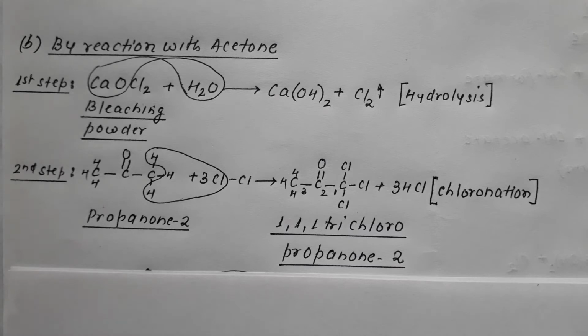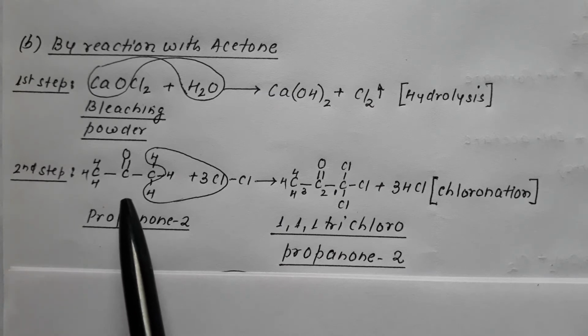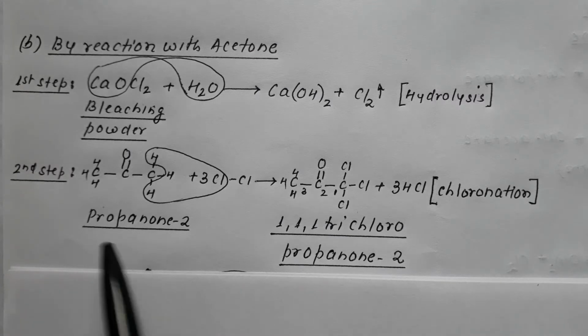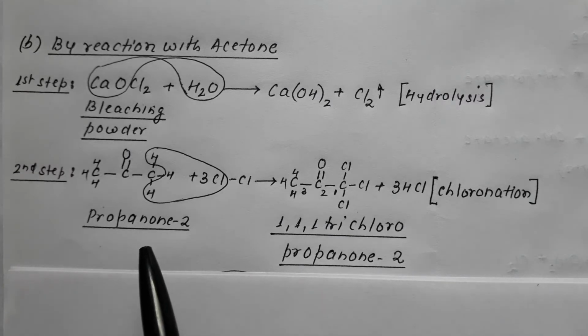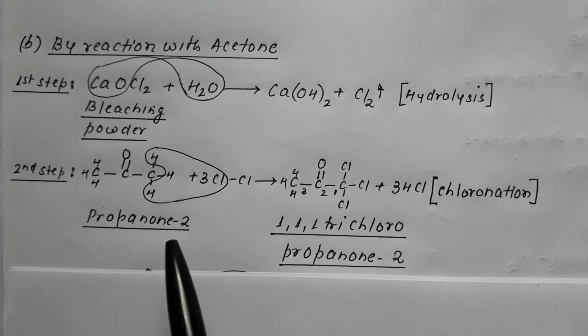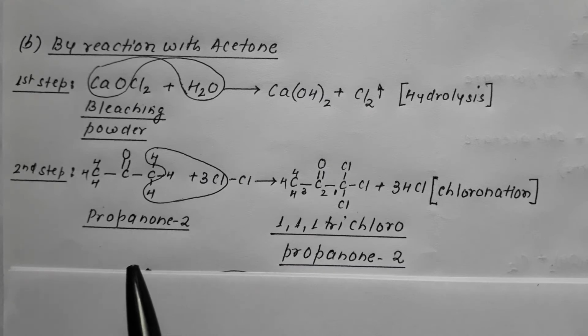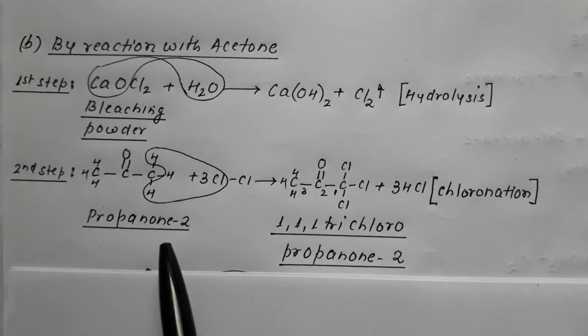Now in the previous case, it was ethanol to be converted into ethanal, that is a carbonyl compound. In the first method A, ethanol was taken to be converted into carbonyl. In this case, we have taken a carbonyl compound. It is propanone-2. The step called oxidation in the previous method is not applicable in this. So one step is less. The step oxidation is not needed over here. The reason being that this molecule is already a carbonyl compound. So propanone-2, we have taken acetone.